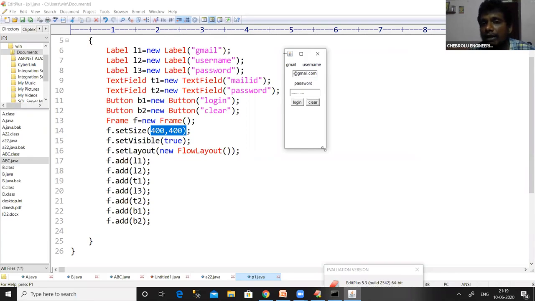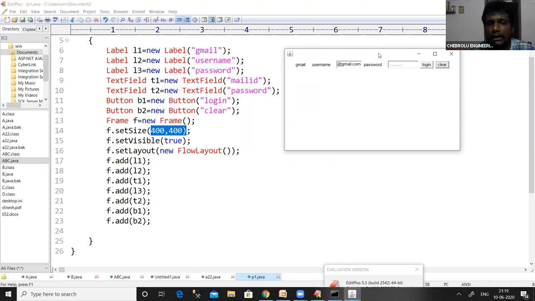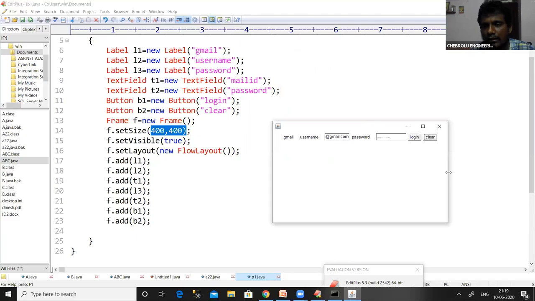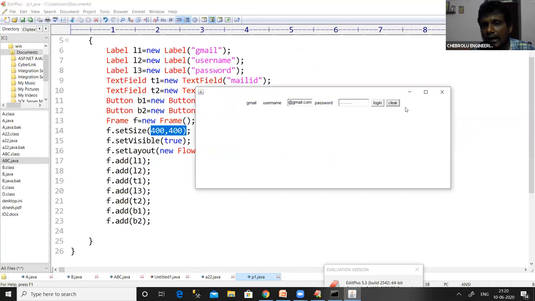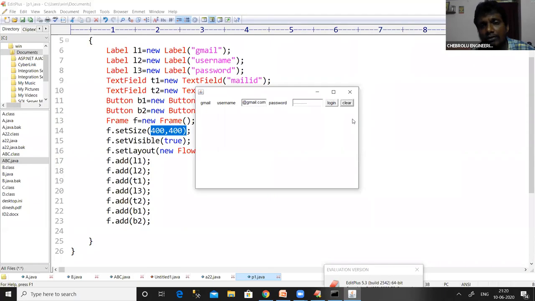So according to the size of the output screen and the size of the components, these are getting automatically adjusted. That is the magic of flow layout. We have already studied flow layout. By using flow layout, we can add the components automatically on the output screen. If we increase the width of the output screen, all the components are added on the same line. If we decrease the width, these components are adjusted automatically. This is because we are using flow layout, so components get adjusted according to the size of the output screen and the size of the components.